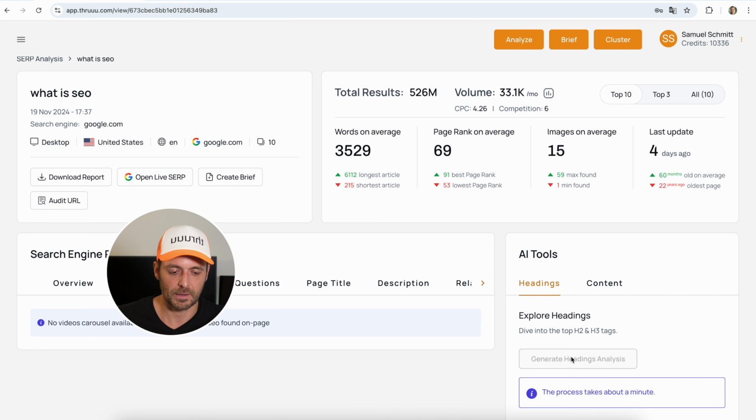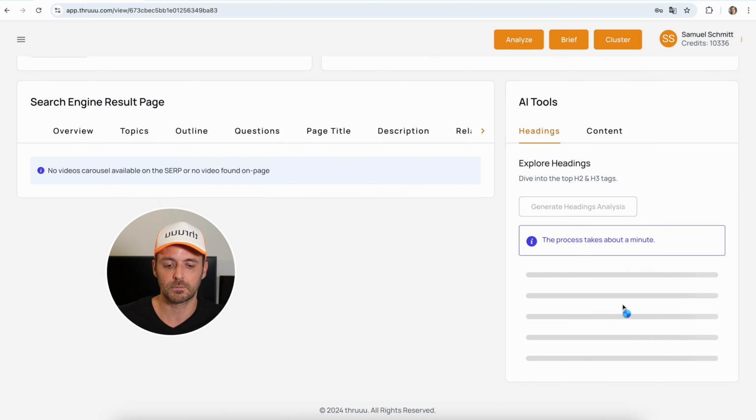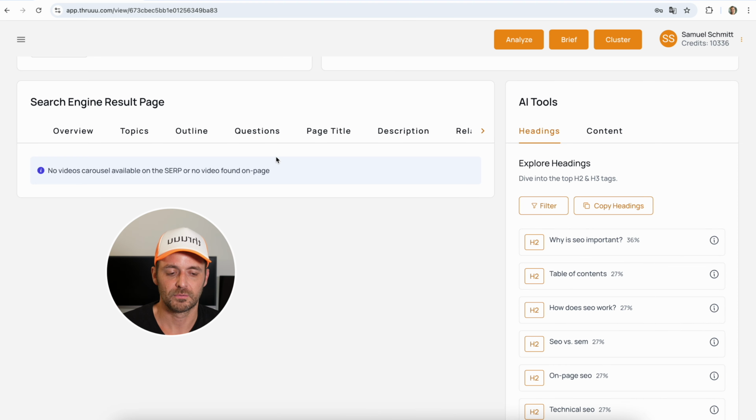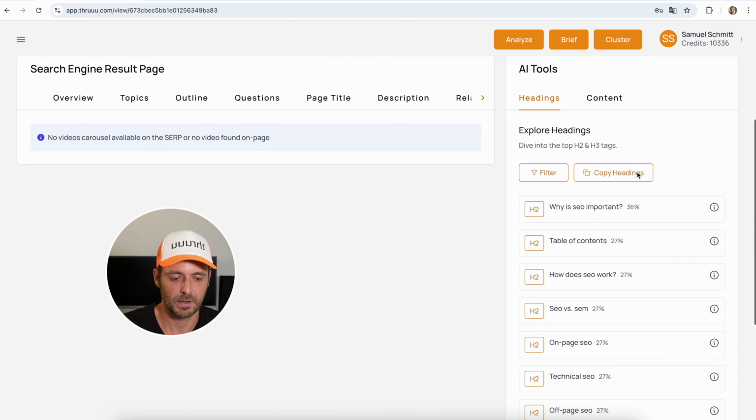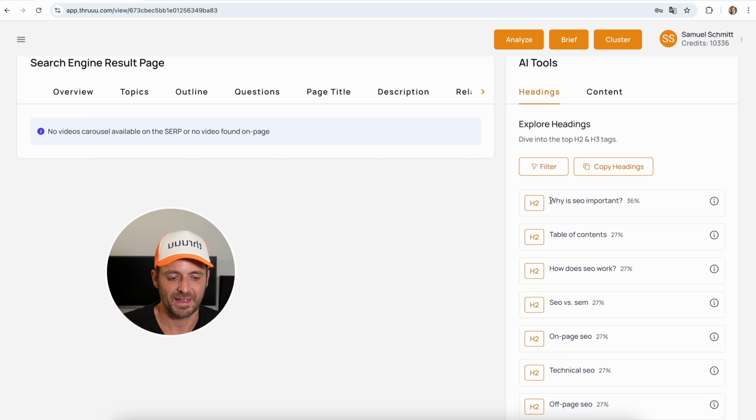You have to click on this action and wait a few seconds until the report is generated. After a few seconds, the report is done, and now you can explore it. Here it's using AI. It analyzes all the headings, H2s and H3s, and groups them by similarity. It's using an embeddings approach. If you're familiar with that, it will basically group the headings based on their similarity